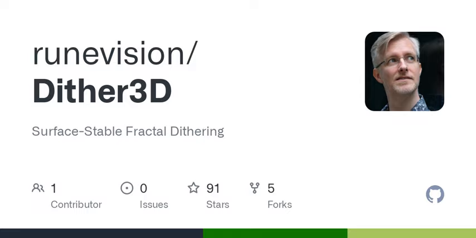As we come to a close, it appears that surface-stable fractal dithering isn't just a technical advancement. It's a leap toward enhancing the way